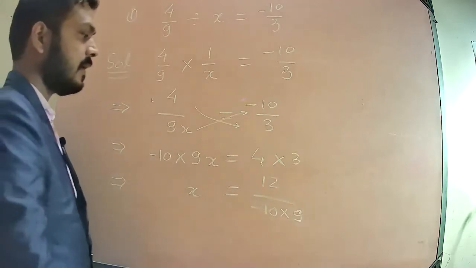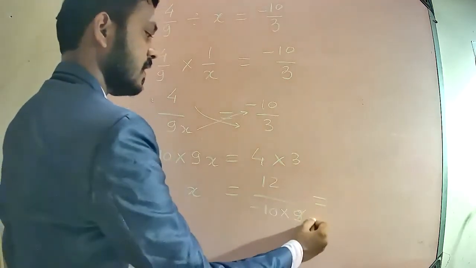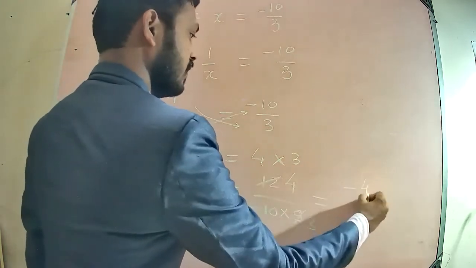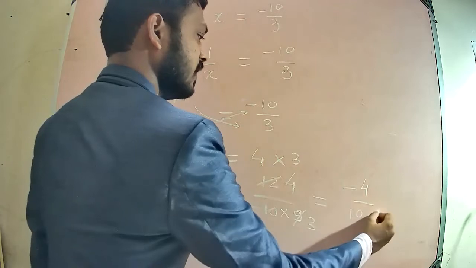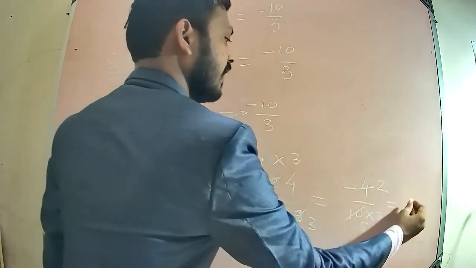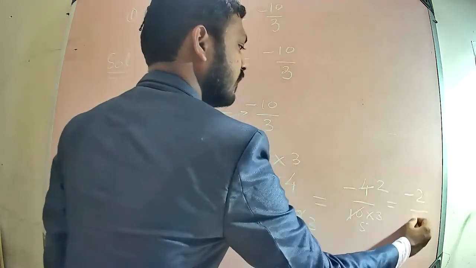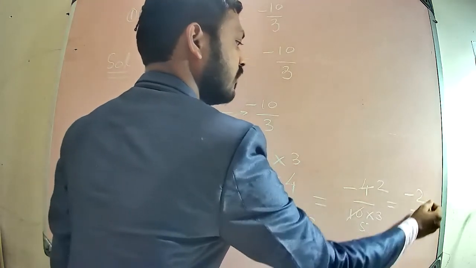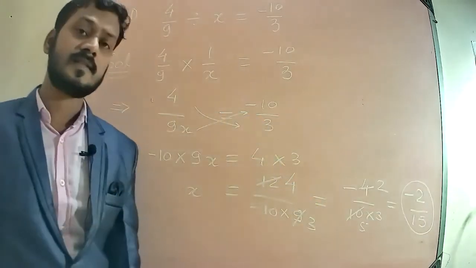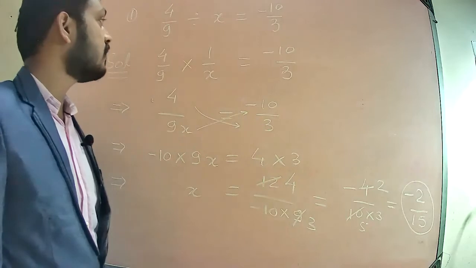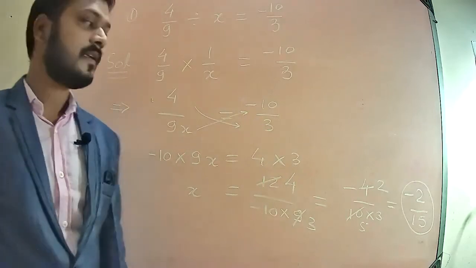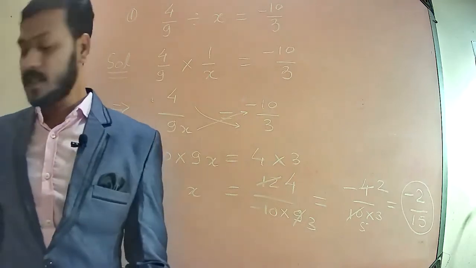So we can write here only 9. So 3 threes are 9 and 3 fours are 12. Okay, minus 4 divided by 10 into 3. Okay, so 2 twos are 4 and 2 fives are 10. So our final answer becomes 2 divided by 5 threes are 15. Okay, 5 threes are 15. So we can say that minus 2 by 15 is the correct answer. So remember, in such type of question, you can firstly solve or simplify the given expression, then you can get the answer. Okay, move to the second question.